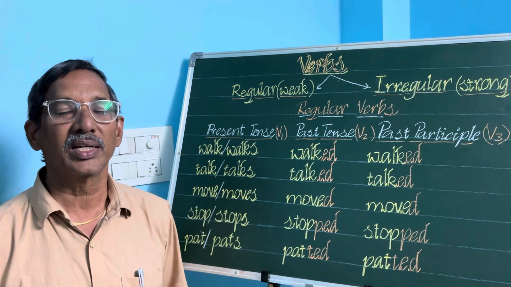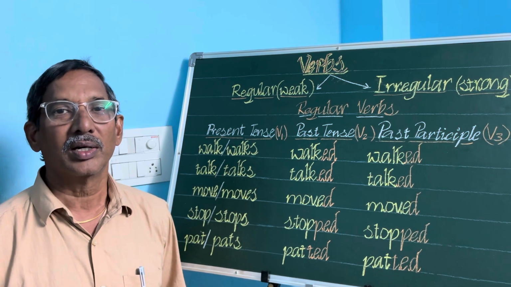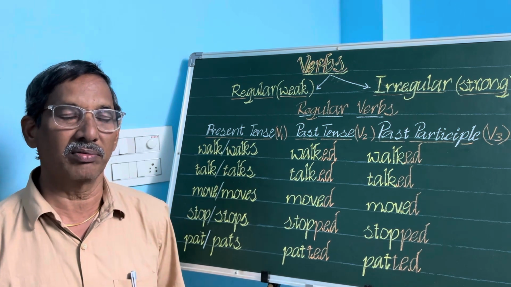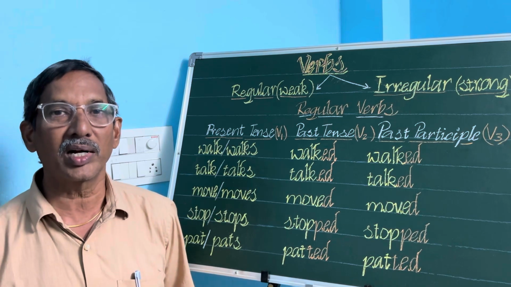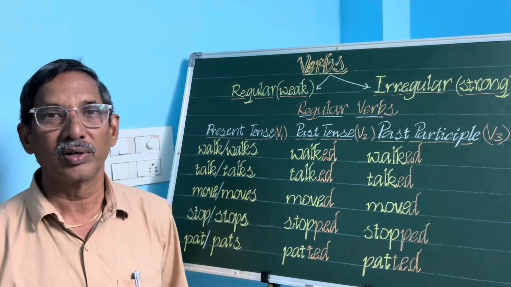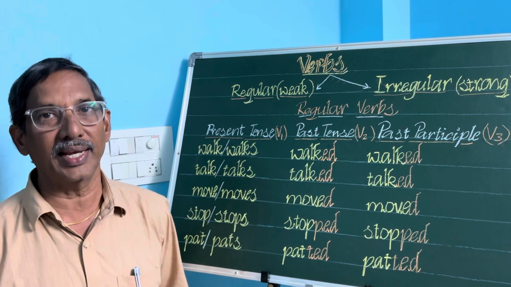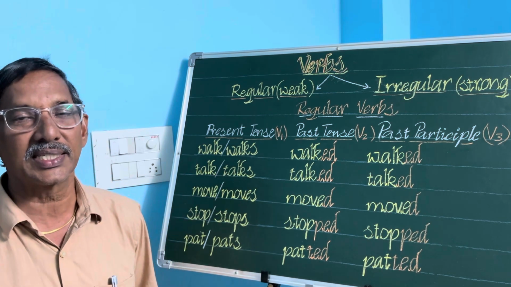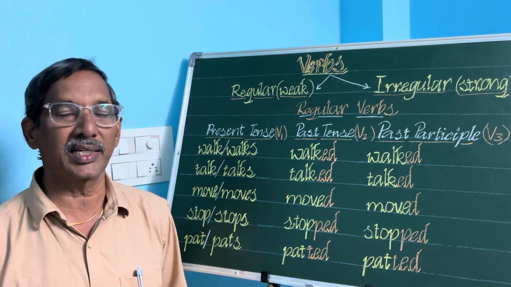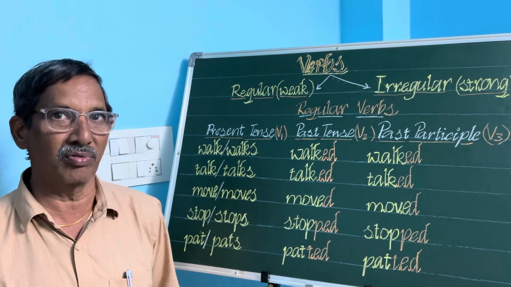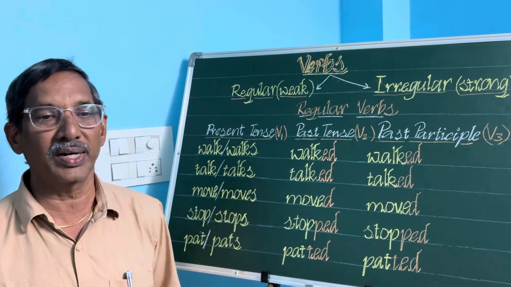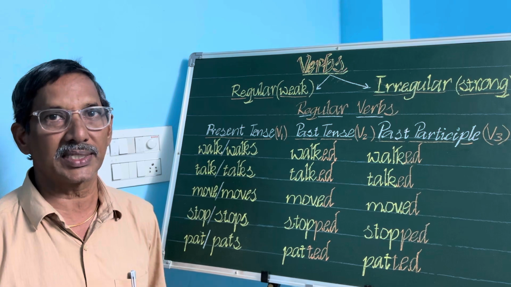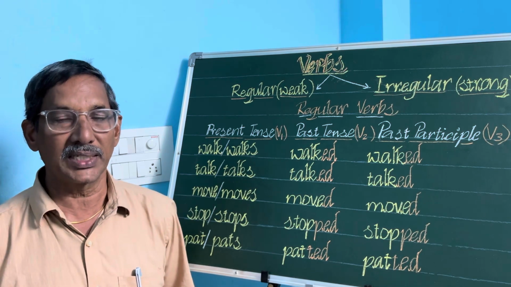In this session, we will talk about English verbs. We know that the verb is the heart and soul of a sentence of any language. The tense of the sentence is decided by the form of the verb. If we know the different forms of the verb, we can easily make sentences of any type, present tense or